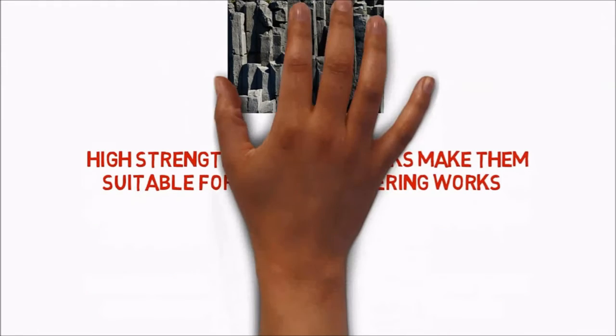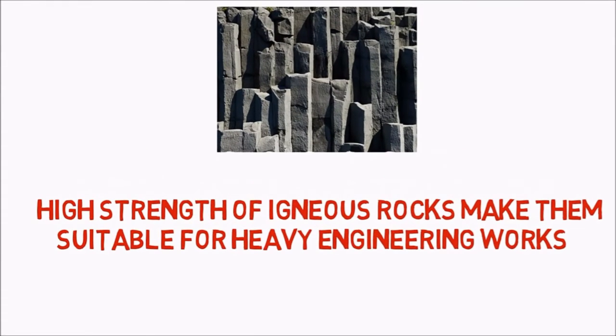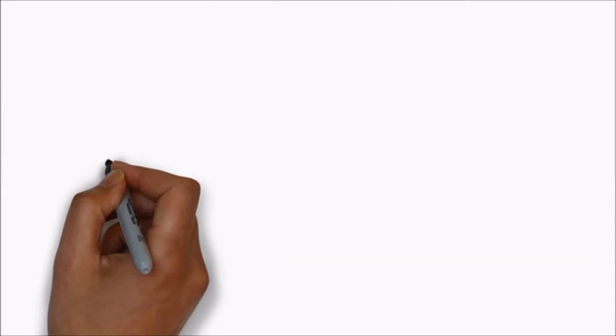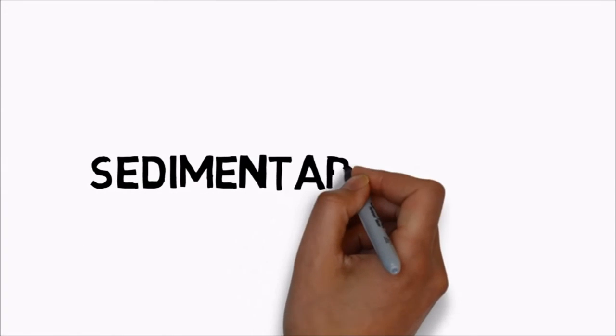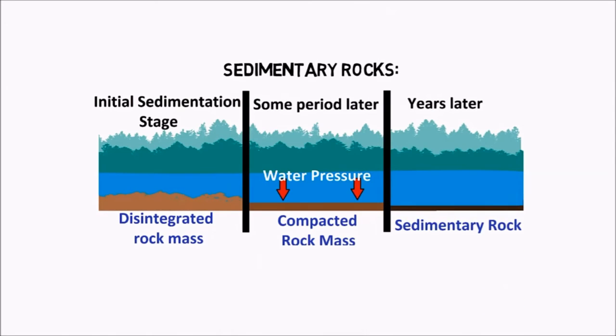Since igneous rocks are very hard and durable, they are used for heavy engineering work such as breakwater, bridges, docks, piers, etc. Second geological classification is sedimentary rocks. Sedimentary rocks are formed by carriage of disintegrated rocks by force of water and deposition of particles in rivers or streams. Under tremendous pressure of water, these particles gradually turn into a thick strata and get hardened to become a rock. Examples for sedimentary rocks are sandstone and limestone.